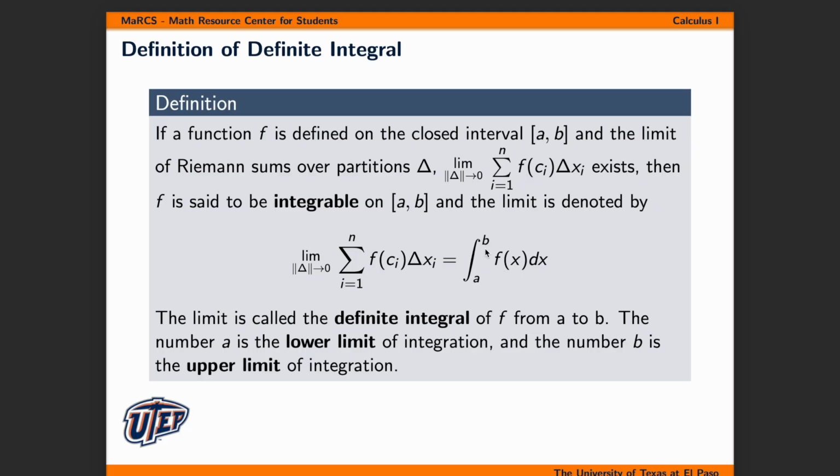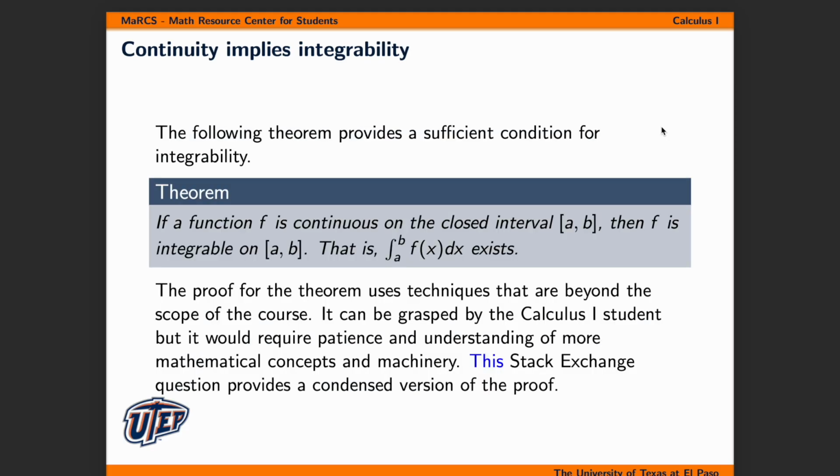Previously we had no limits right here, and that's why it was called an indefinite integral. But now, since we have limits from a to b, this will be a definite integral of f from a to b. The number a is the lower limit of integration, and the number b is the upper limit of integration. The following theorem provides a sufficient condition for integrability. If a function f is continuous on the closed interval from a to b, then f is integrable on the closed interval a to b,